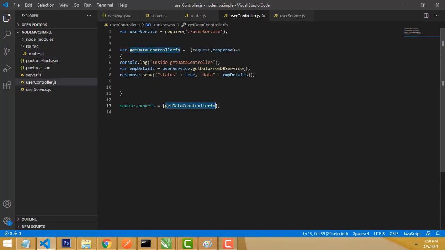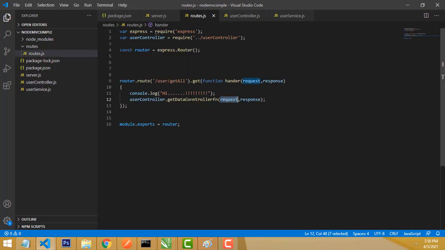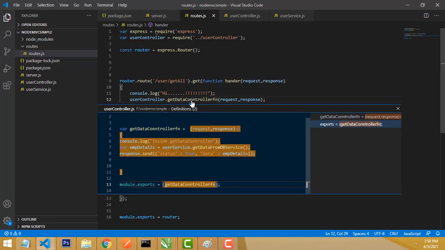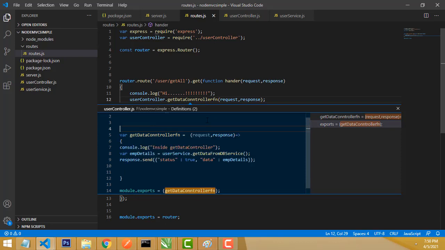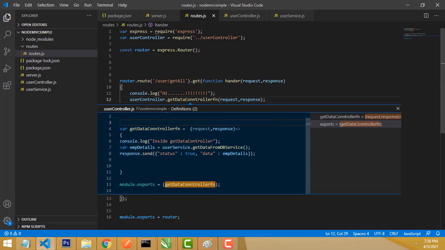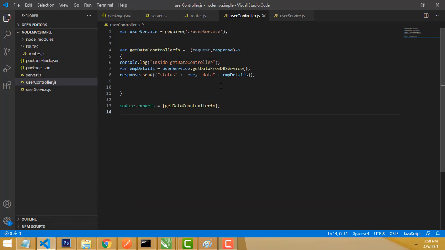Now here you can hold the control key, click here, and it comes here. Sorry, if you double click here, it comes here, this one should be the service, right? Now sorry, this one should be the controller. So the controller will be telling the service to get all the data from the database, right?